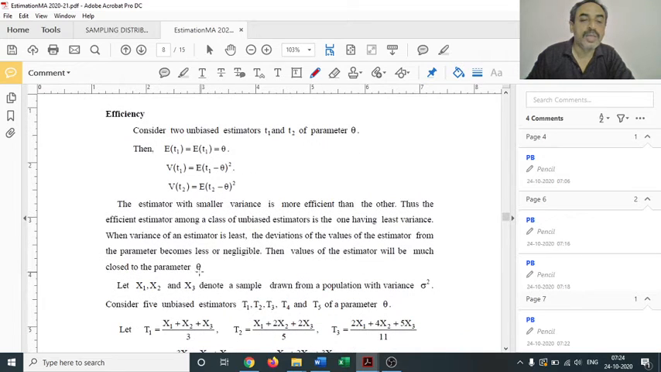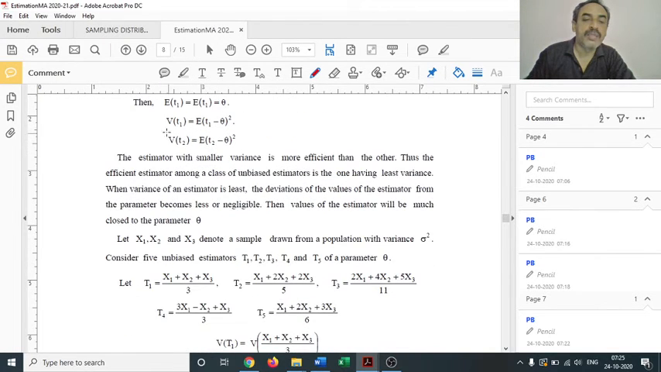Next, we come to the efficiency of an estimator. This efficiency property is considered only for unbiased estimators. Therefore, only the estimators that have already satisfied the first property will be taken for this verification of efficiency. Suppose T1 and T2 are two unbiased estimators for estimating the parameter theta. Suppose their